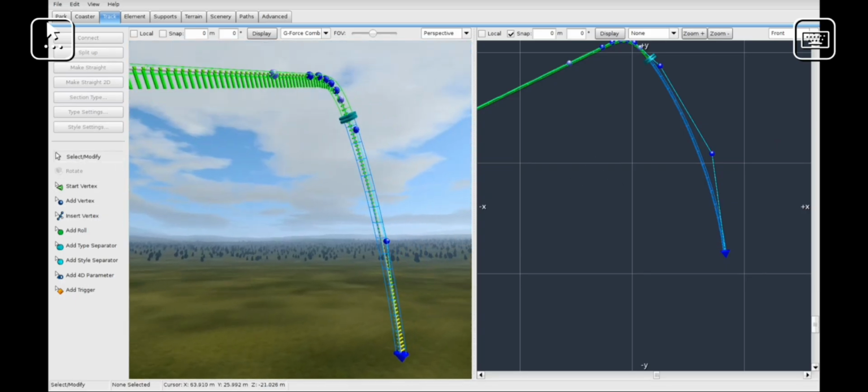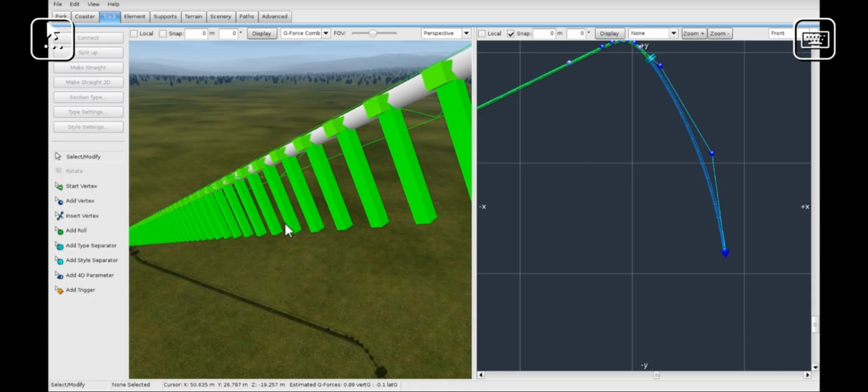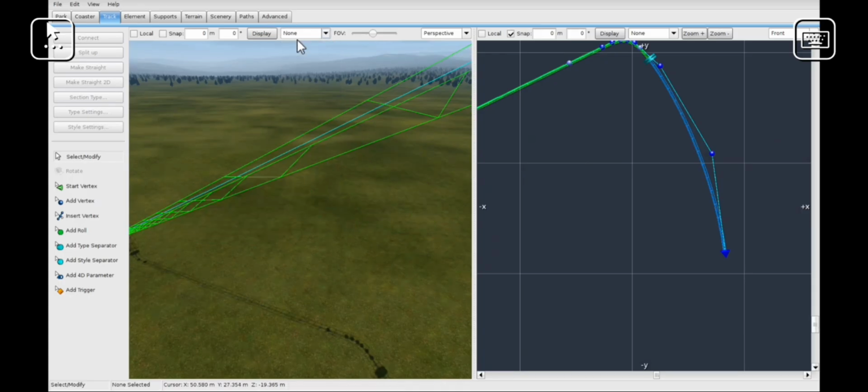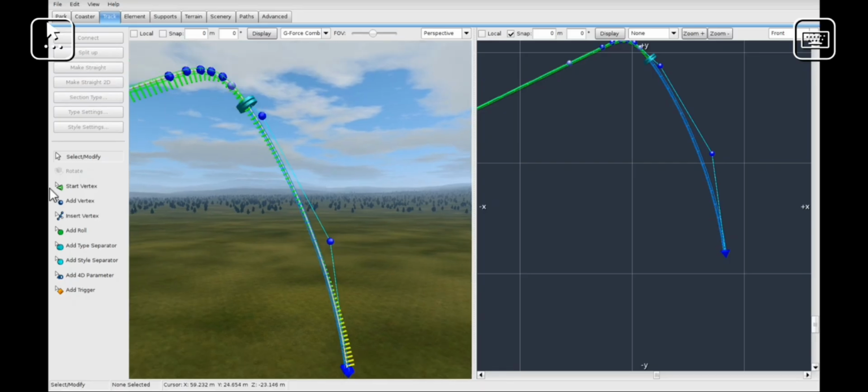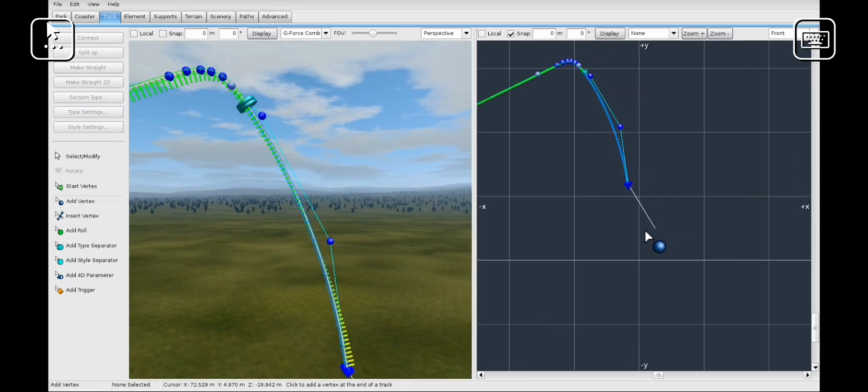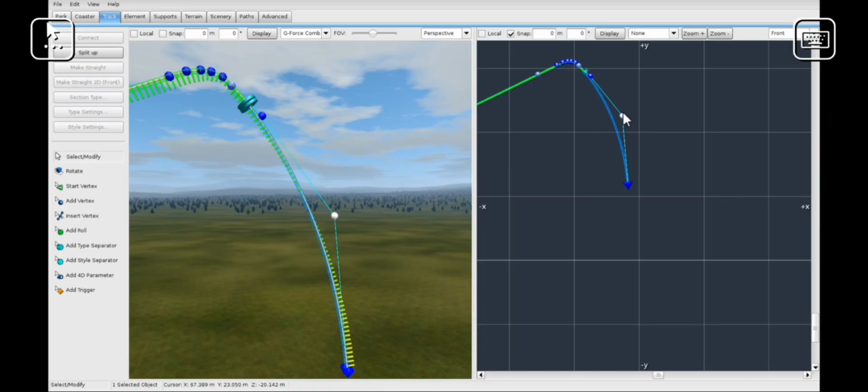Okay. Oh yeah. So you might be wondering what this green thing is. If you go at the top here, you see G-force comb. None just shows nothing. I like to do G-force comb because it shows you forces. Okay, now once you're done with your actual initial drop